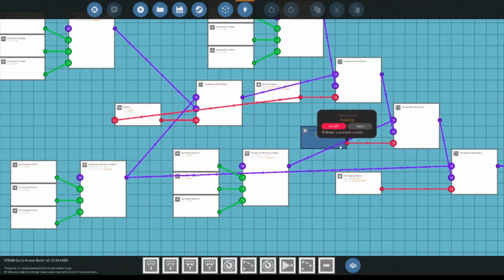Next is flooding. Flooding is a bluish teal color. And the reason why is because I didn't want it to be super bright, but I didn't want it to be super dark, but I wanted it to be very clearly blue. So that's why it's a weird color. It's a tealish bluish color.